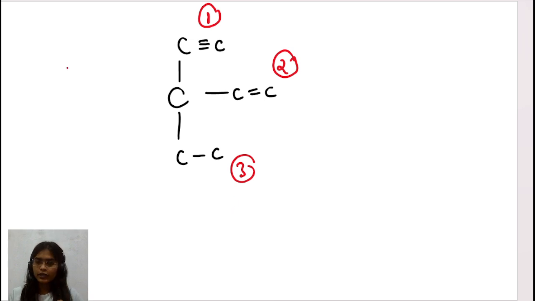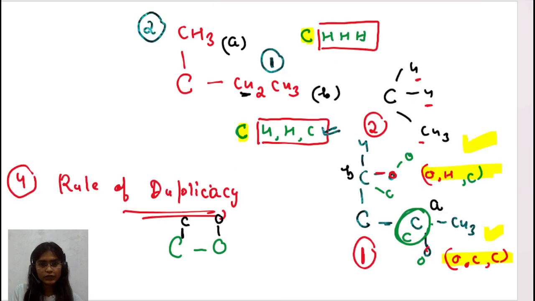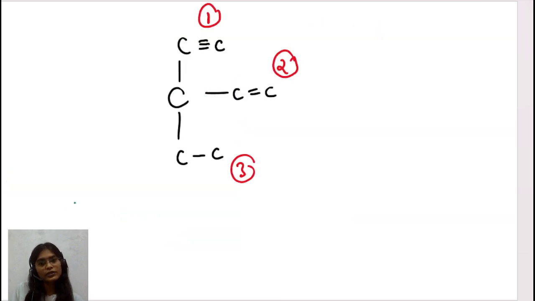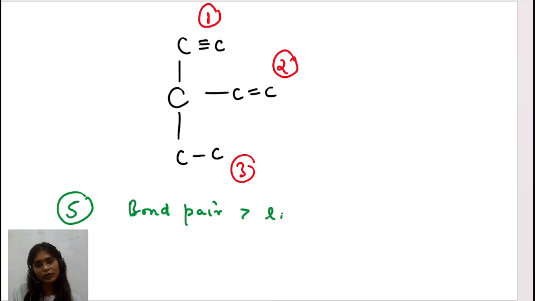Simple. Okay, then now what if lone pair and bond pair is also present there? Okay, so next rule, what is the rule number? Okay, it's the fifth rule. That is rule number five, that you ought to give the maximum priority to the bond. So you can say bond pair has maximum priority over the lone pair. For example, let's suppose you're having a nitrogen and this is connected with a lone pair, let's say. Okay, this is connected with some CH3, and this is connected with some hydrogen and OH group, let's say.